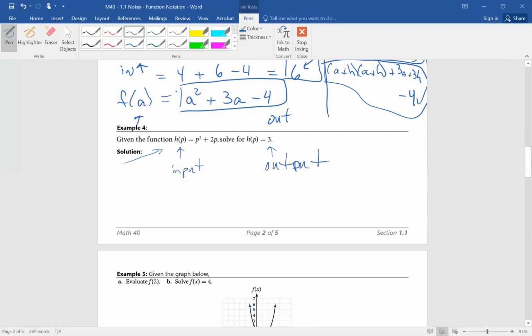Now, when that's the case, however it's being presented to you, and a lot of times you hear me say your instructor or they, meaning the math people in the math world outside of this class, or even myself. If I tell you that the output's 3, what I'm really asking you for is the input then. So you can either be given one or the other. If I give you the input, I'll ask you for the output. And in this case, I'm giving you the output. Say, hey, the output is 3, figure out the input. So if the output is 3, that's code for, hey, you know that 3 is this h of p, so it can replace this value. So your function becomes 3 equals,